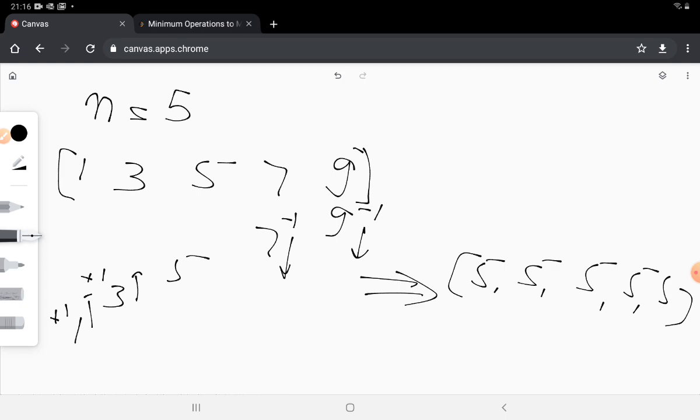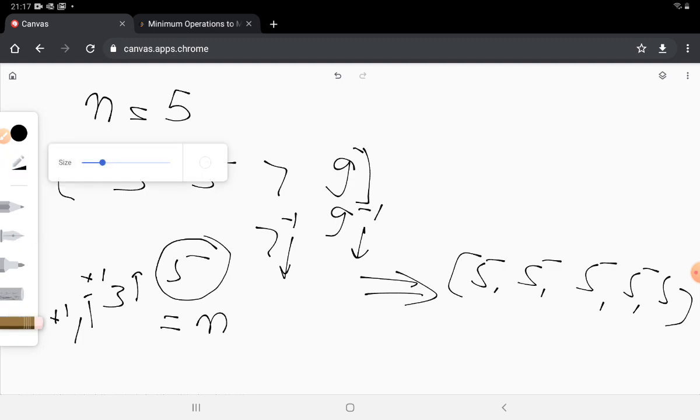So one important observation over here that you may see is that the central element is equal to n. N was 5, and this is the central element to which all my elements are pulled up or pulled down to. This is the case when n is an odd integer. Does it hold true even in case of an even value of n? Let's check that out if that is the case. So let me just erase all of this.